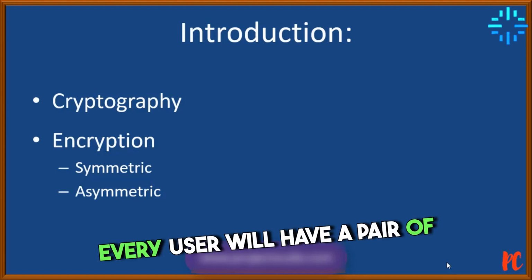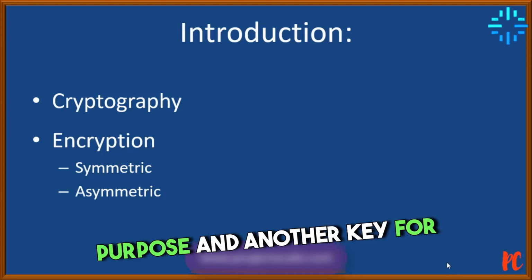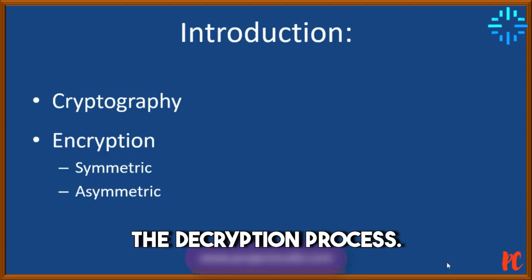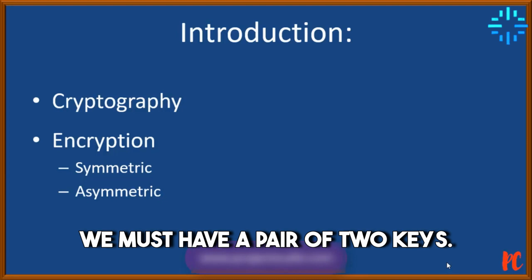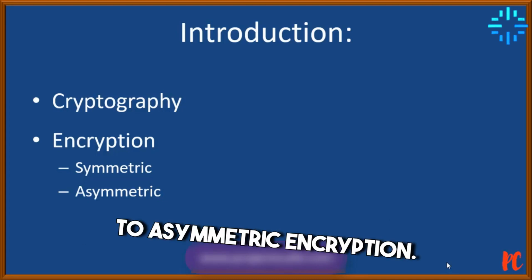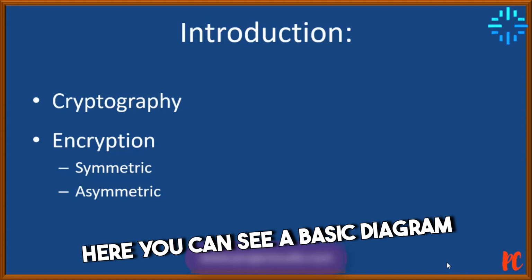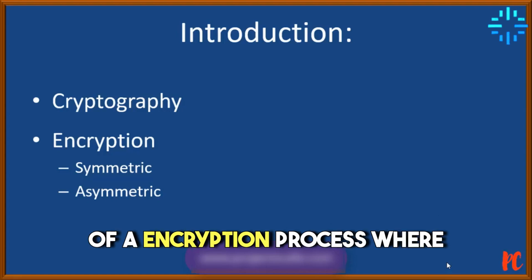Every user will have a pair of keys. One key for the encrypting purpose and another key for the decryption process. So obviously, in order to decrypt, we must have a pair of two keys when we talk with respect to asymmetric encryption. Here you can see a basic block diagram of an encryption process where the input signal, nothing but plain text, is